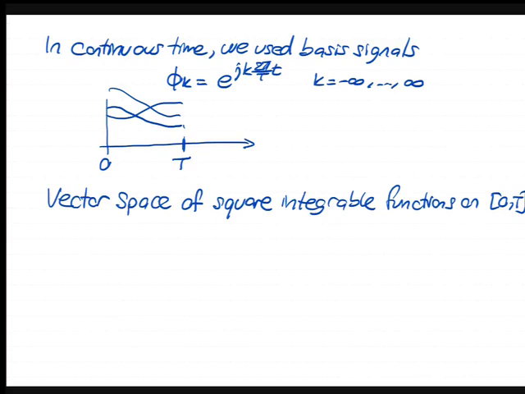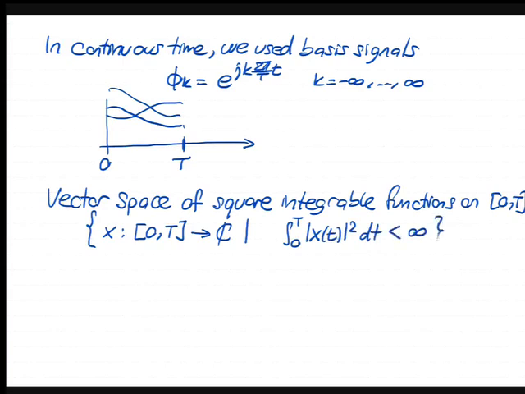So these are signals x. The objects here are not vectors in the usual Euclidean space, but they are functions mapping 0 to T to, let's say, complex numbers. Okay? Such that the family of all such functions whose integral from 0 to T exists and is finite form the vector space, and that space has a name.